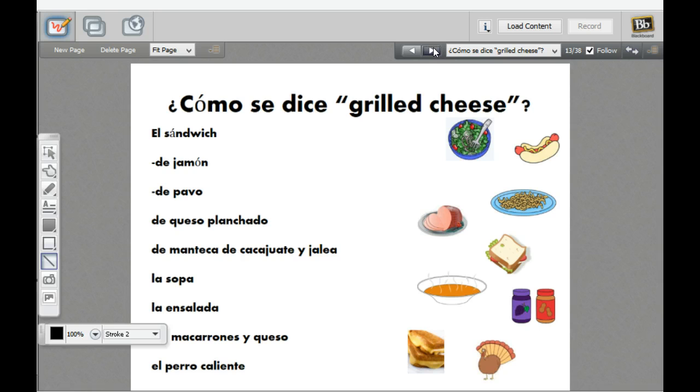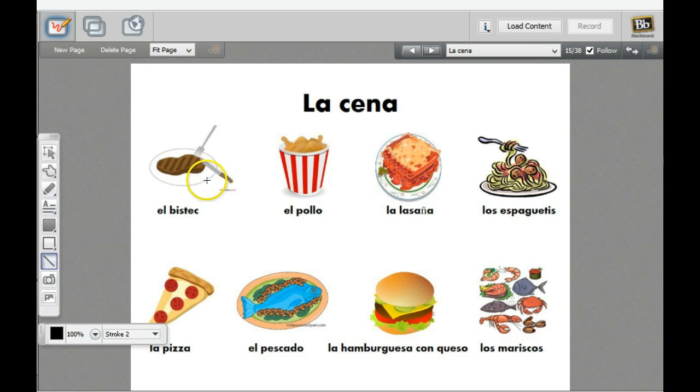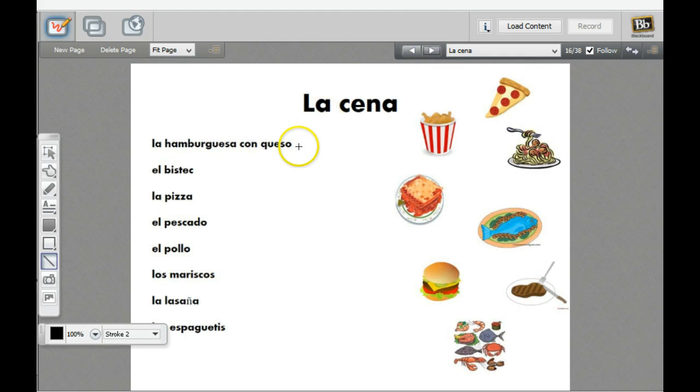¿Cómo se dice grilled cheese? Se dice el sándwich de queso planchado. ¿Cómo se escribe ensalada? Se escribe ensalada. La cena, el bistec, el pollo, la lasaña, los espaguetis, la pizza, el pescado, la hamburguesa con queso, los mariscos. Lots of cognates here. El bistec, la lasaña, los espaguetis, la pizza, and then la hamburguesa, and then there's queso again, so cheeseburger. La hamburguesa con queso,